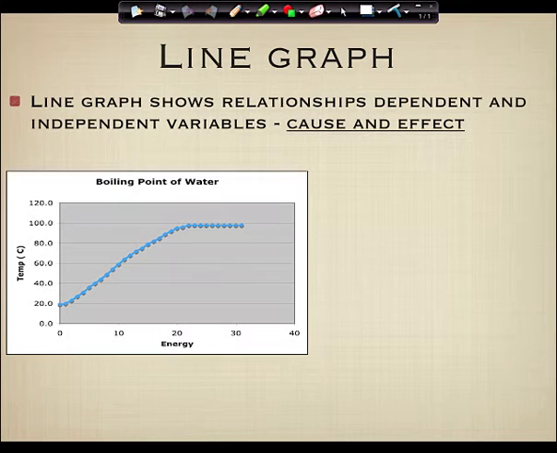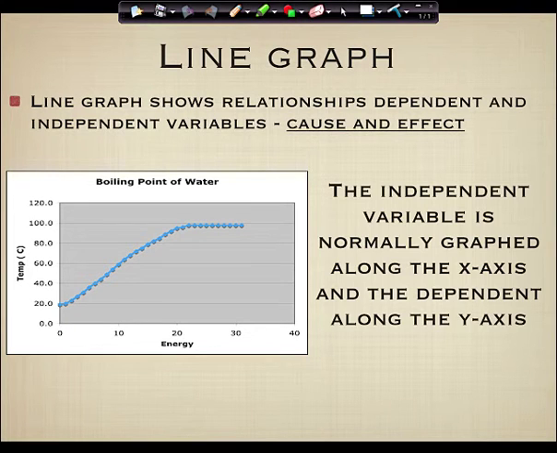An example of that would be something like this, where we're adding energy to water and its temperature goes up until it starts to boil. So adding energy is causing the temperature to go up. But guys, causing the temperature to go up doesn't add energy. It doesn't go the other way. When we add energy to water, like on a stove or a burner, the temperature goes up. But the other is not necessarily true. When the temperature goes up, that doesn't necessarily mean we've got a source of energy. So one can cause the other, but not vice versa.